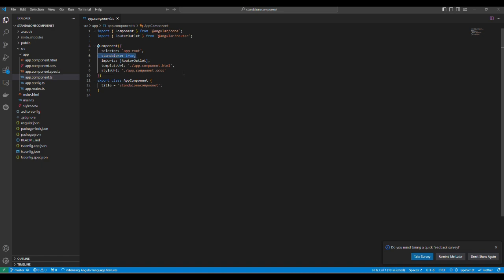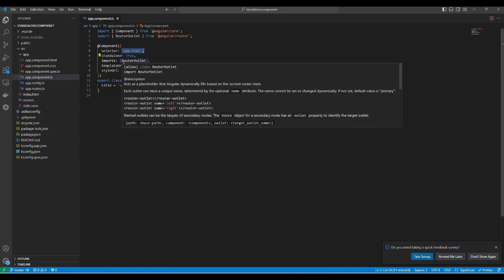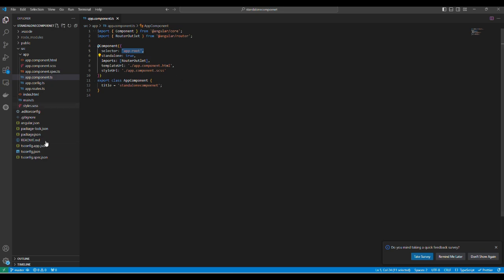The moment it says standalone, that means this entire app component is completely isolated, and whatever you want to do you can do with this app component, and anywhere you access it, it will be accessed completely. So if you use app-root and you are accessing this somewhere in any other page in the same project, and in the same page you want to access this app component, you can simply use app-root. For example, if you write like this,